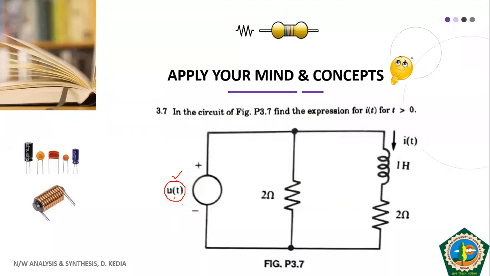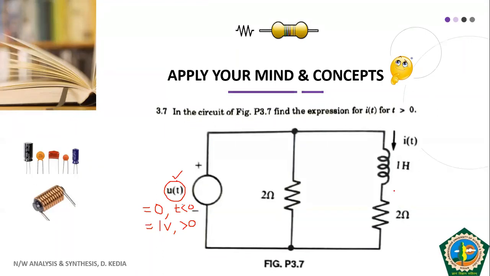That is assumed. It is also clear that there is no switch shown in this circuit, and it has not been shown because our voltage source is shown as u(t). That means u(t) is equal to 0 for t less than 0. It means there is no source present in the circuit for t less than 0, and u(t) is equal to 1 volt for t greater than 0. So this is quite clear from the circuit itself. Now let us move forward.